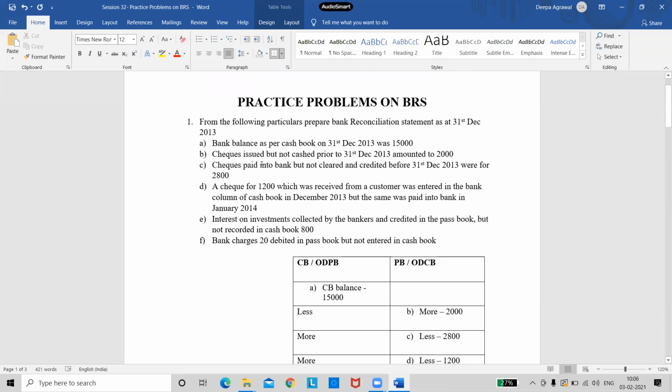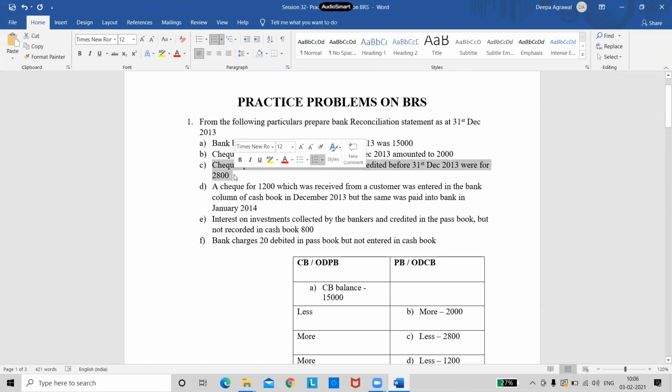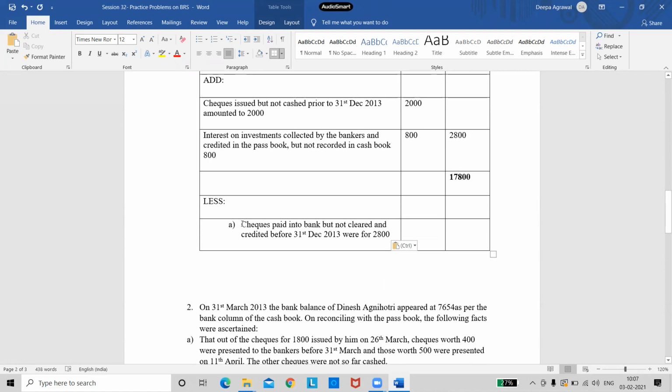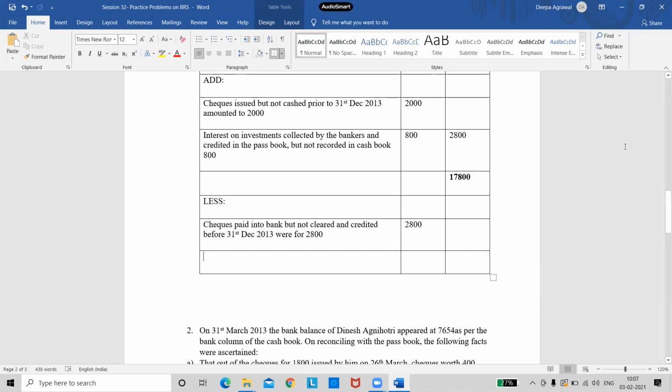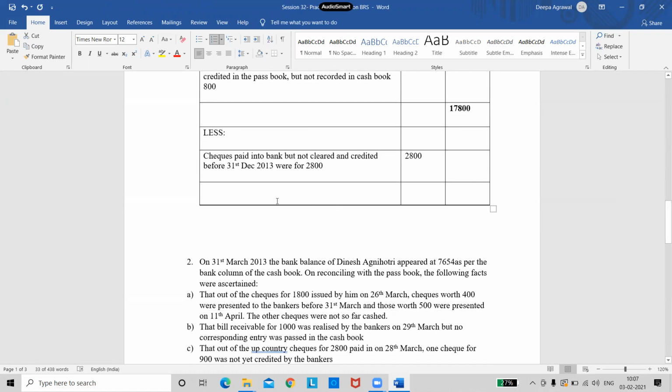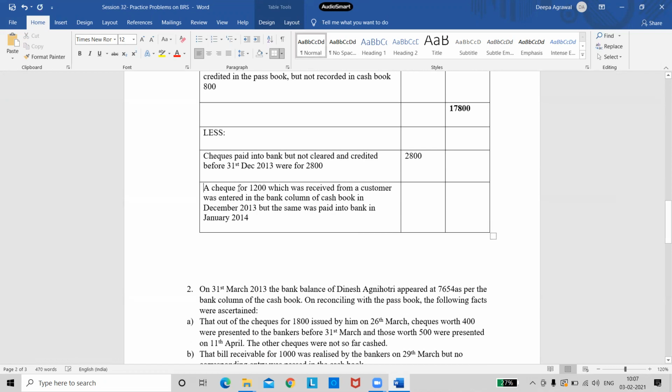So I will go to my C transaction. C1 I will copy first and I will write it here, the C bit in the less column. And whatever is the amount, 2800, I'll put it in the inner column. Now I have to copy my D bit. So let me write the D bit as it is. Okay, and I come here and paste it here. You will have to write down all this. I can copy paste. You cannot do it because you are doing it in the books. I'm doing it on a system. One more thing. What do I need to copy?